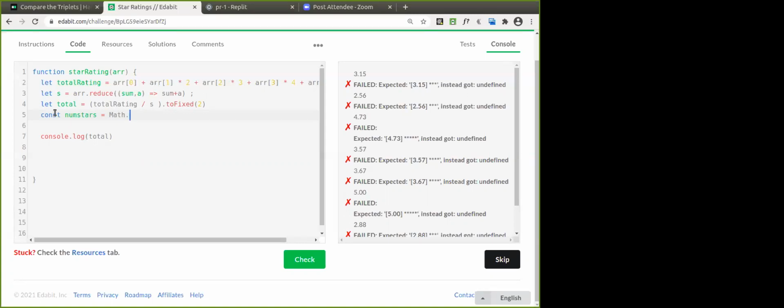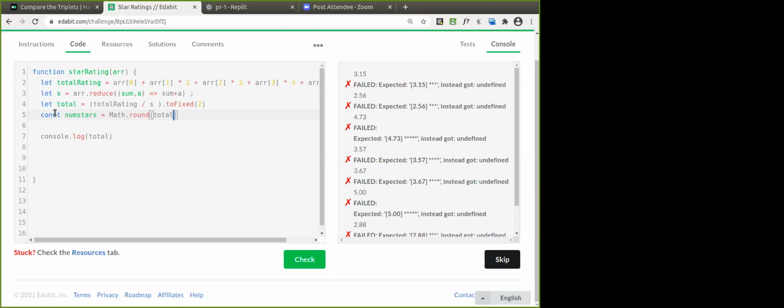Math dot absolute is for negative numbers, isn't it? It will convert the negative to positive. Math dot round. Good, good. Yeah, Math.round will work fine. So Math.round of what? Total. Good. You're right. Why? Because suppose if you are having 3.5, it is 3 stars. If we use floor or ceil function, ceil will take the upper value, isn't it?